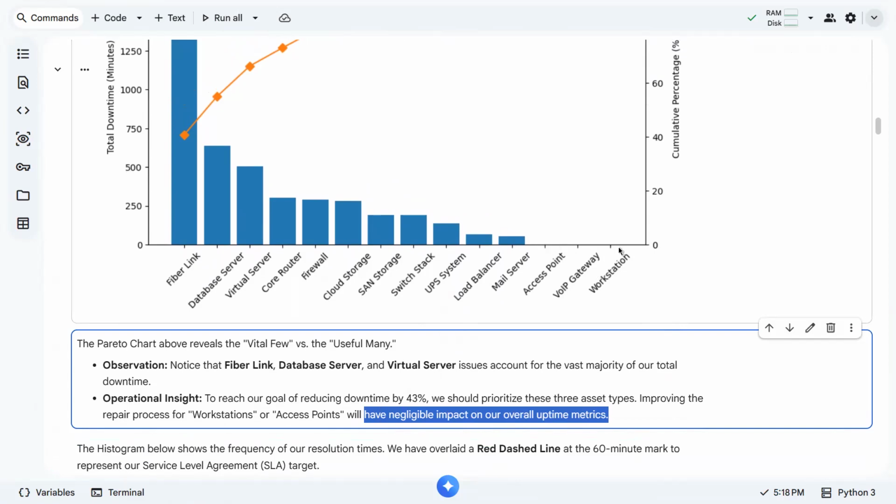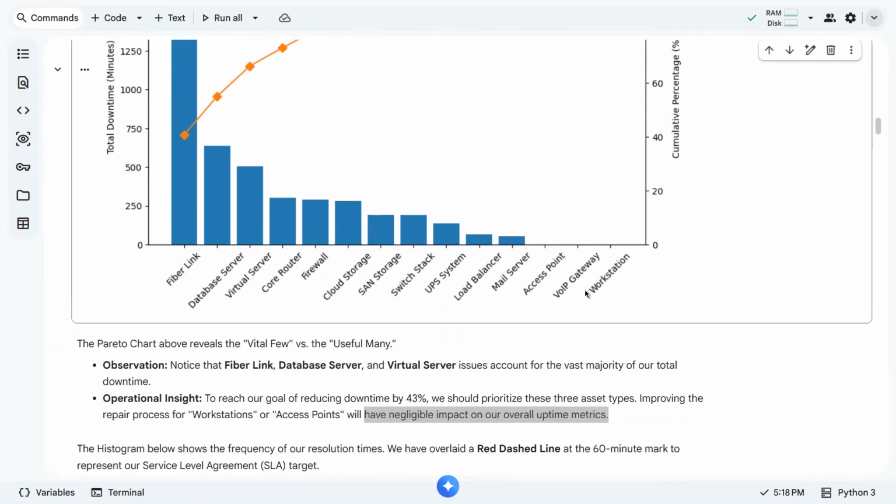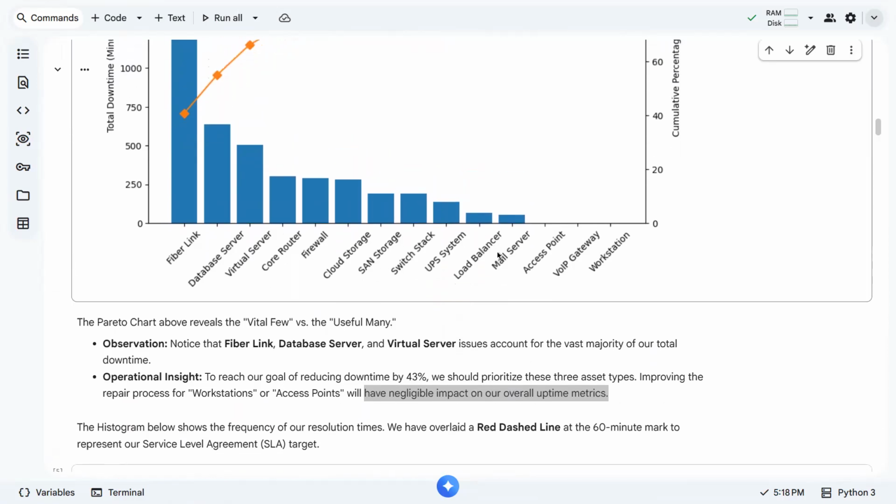So as you can see, these last three assets have nothing really wrong with them. There's no downtime associated with them. That's why there's no need to give emphasis on them for the moment.